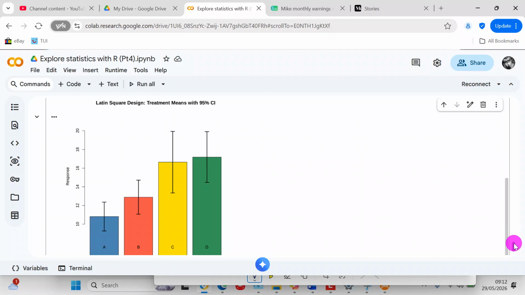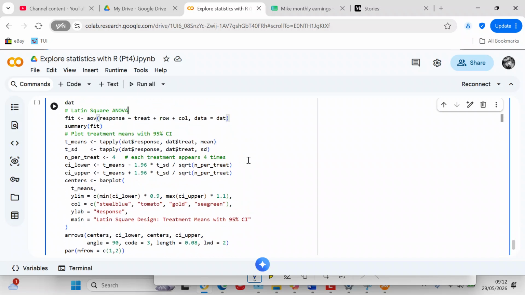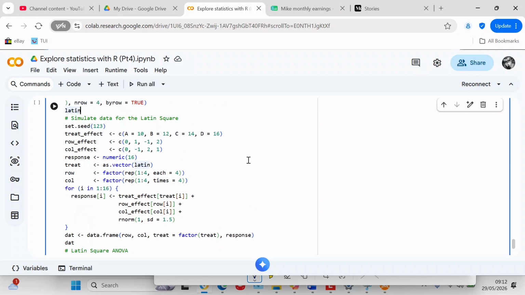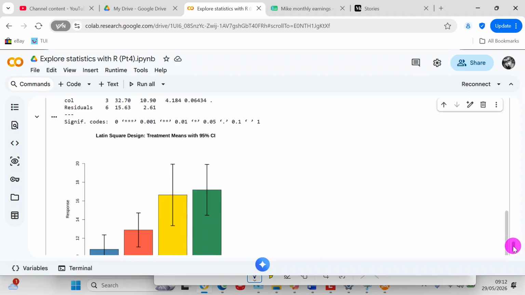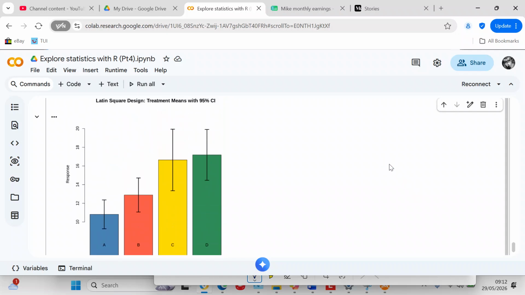But when we look at the data that we've simulated, you can see the mean of A is 10, mean of B is 12, mean of C is 14, mean of D is 16. So you can see that the means have become progressively higher, and the confidence intervals have become progressively higher as well. And then we're also going to look at our